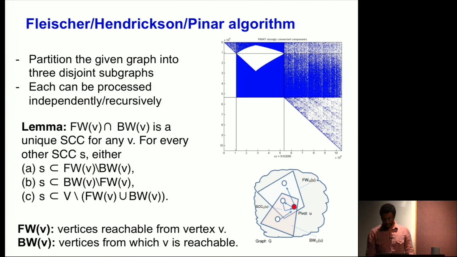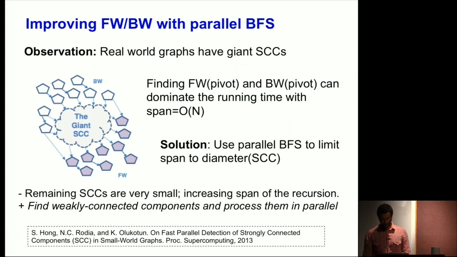That was faster than depth first search. The downside of this algorithm is actually in real-world graphs. Again, you have to look at your data to understand what the problem is. The original implementation was you do a breadth first search by the random vertex you picked up, and you find a strongly connected component. Nobody thought that that strongly connected component can be as big as the graph itself, which sometimes happens because the real-world graphs have this giant strongly connected component that occupies more than half of the vertices